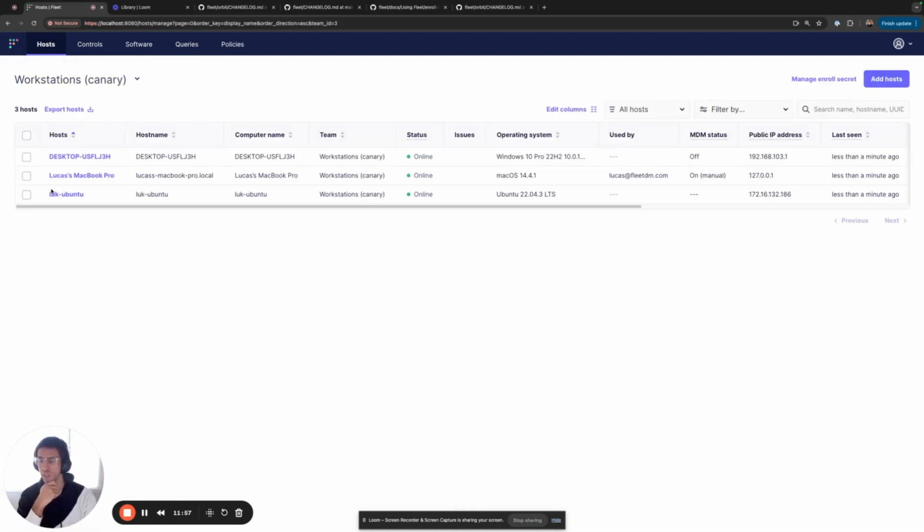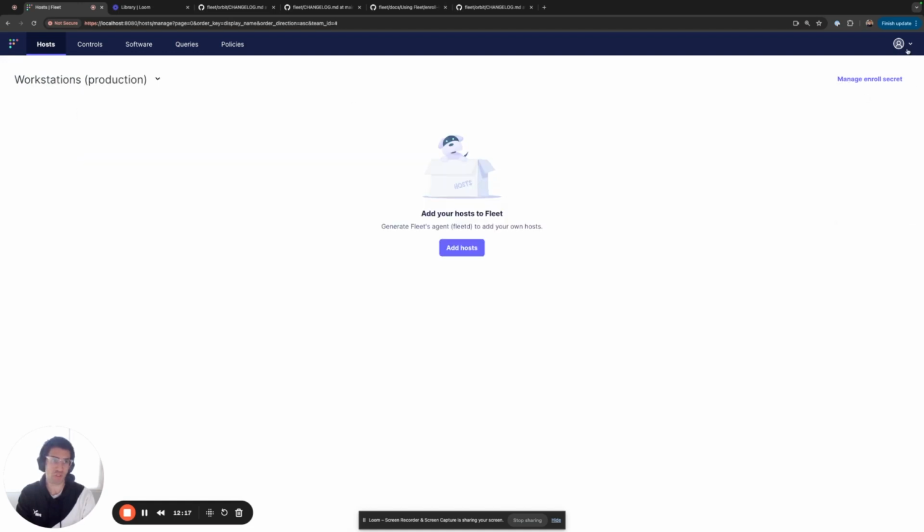And again, while we wait, once you upgraded your Canary team, you can maybe smoke test and run some validations on your devices. And once you think this is a good state and you think that the release has no issues, you can then proceed to just update your production